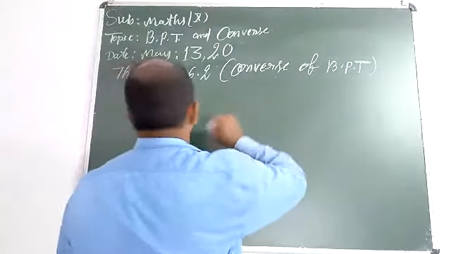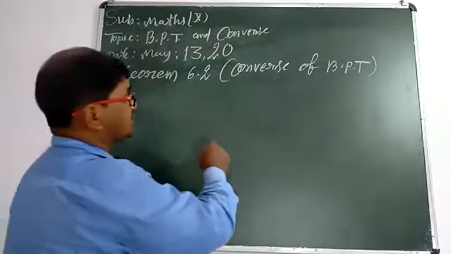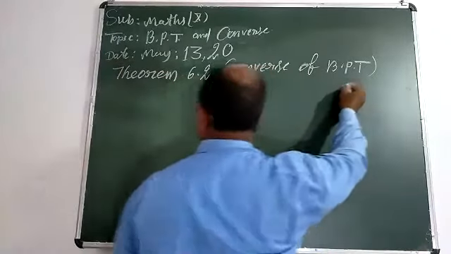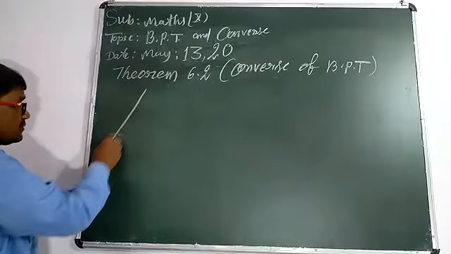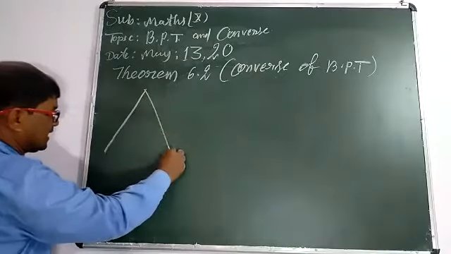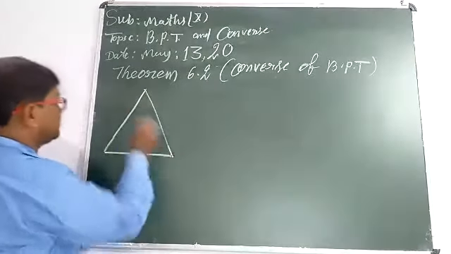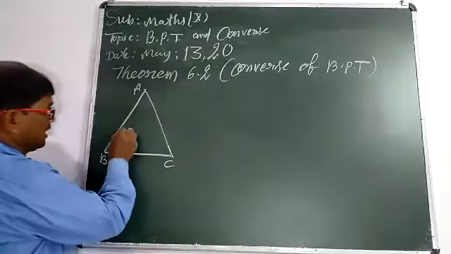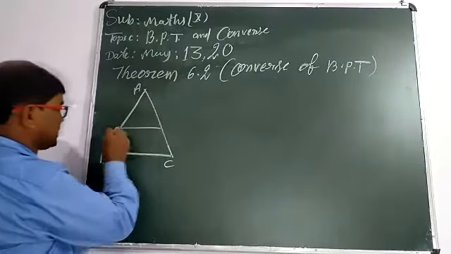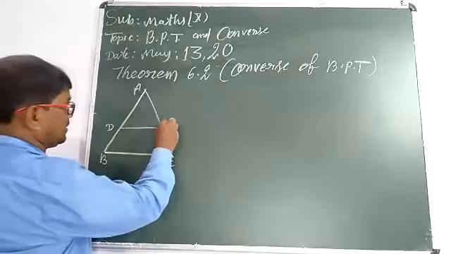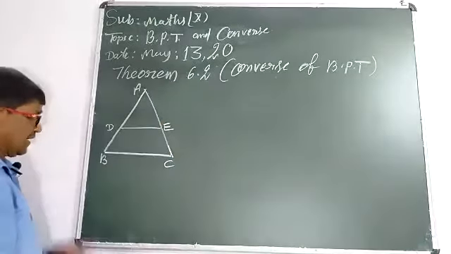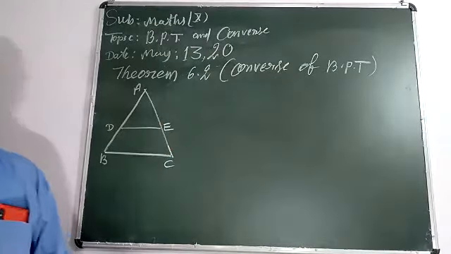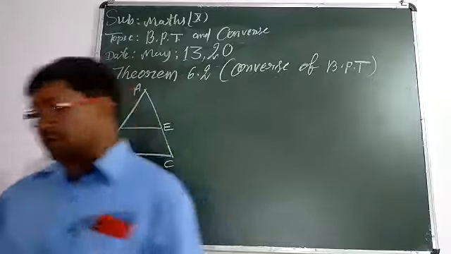Now, students, in your previous class, for the BPT, you have already learned what? There is a triangle ABC. One line DE is drawn inside the triangle, parallel to BC. But in the converse,